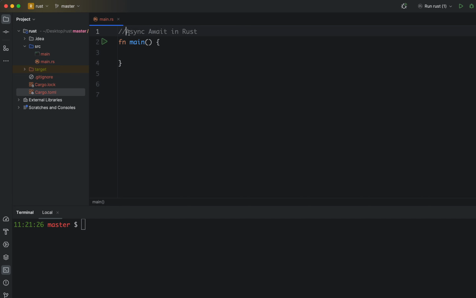Hello guys, in today's video we'll be talking about async await in Rust. So async await helps us write asynchronous code where we don't have to deal with the OS threads directly. Let's try to understand with a very simple and a dummy example how we can use async await in